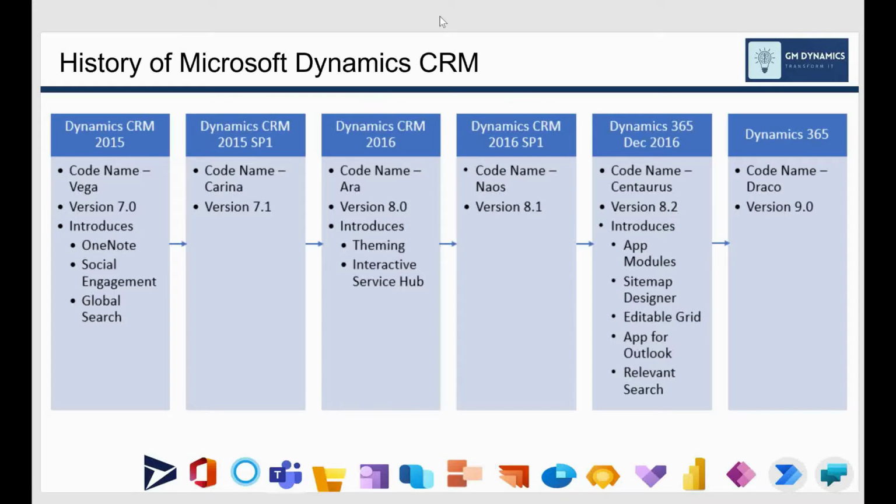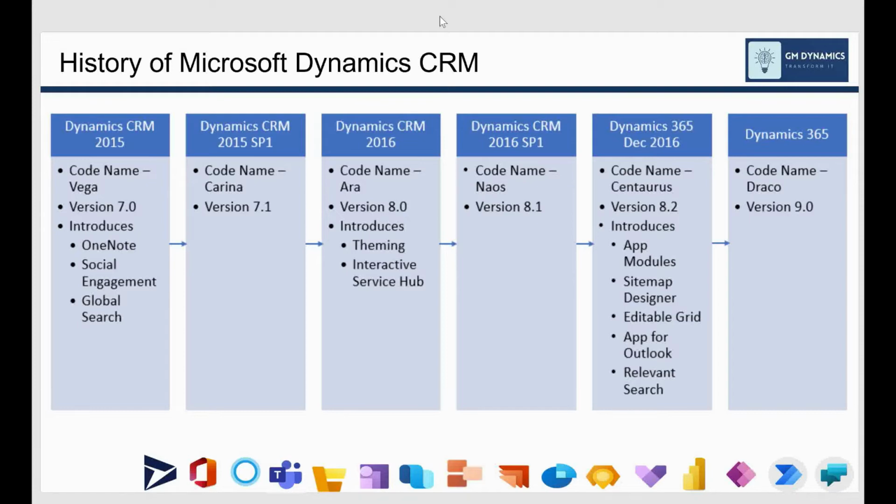Then Dynamics CRM 2016 came to the market under the code name Ara, and the version is 8.0. They introduced different kinds of theming features, the interactive service hub. Next is Dynamics CRM 2016 service pack 1, with some updates under the code name Naos, version 8.1.